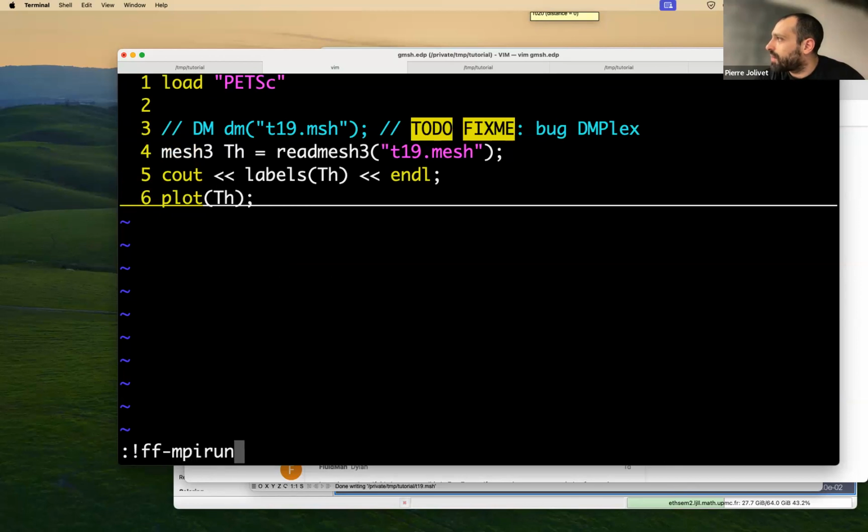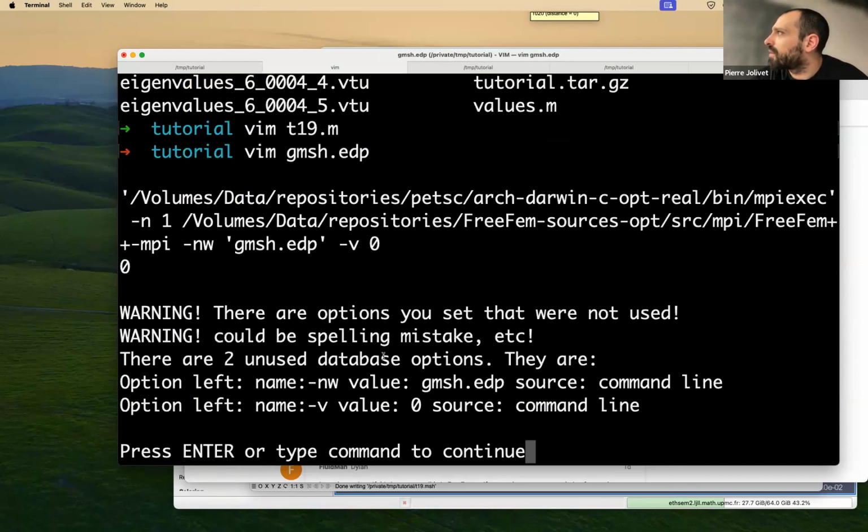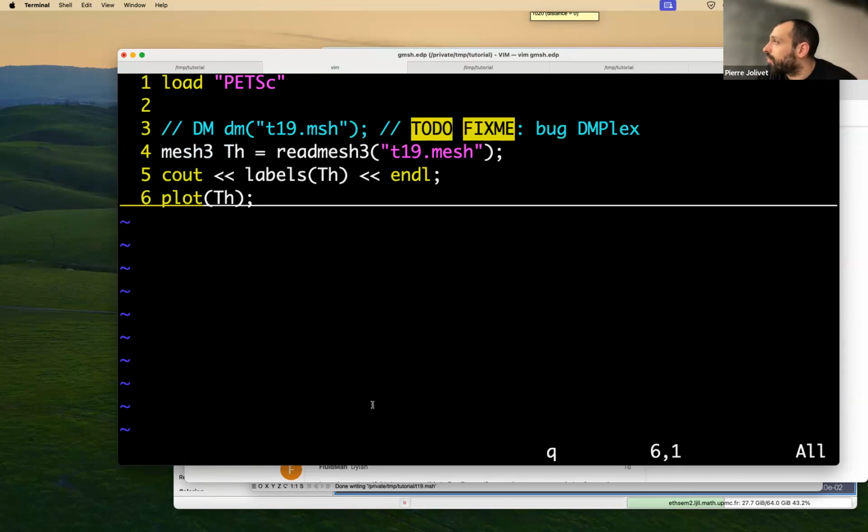So ffmpirun -np 1. No boundary condition. Actually we can solve a problem with pure Neumann boundary condition, and impose the mean value with a Lagrange multiplier. So let's do varf vPb(u, v) equal int3d in 3D